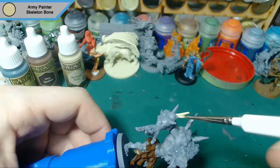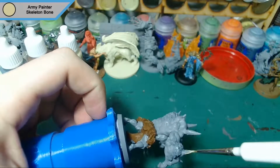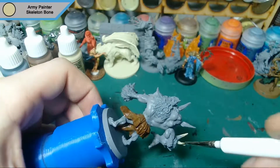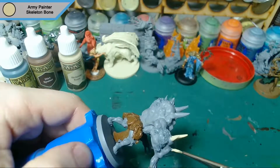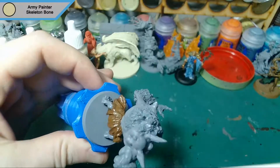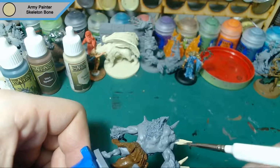And that is it for the clothing. Now on to skeleton bone, and that is for all these weird bone spikes that are just pouring out of his body. I also do the teeth, and he has what looks like a bone hanging from his belt,